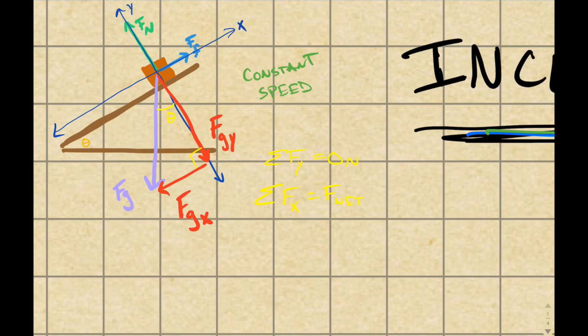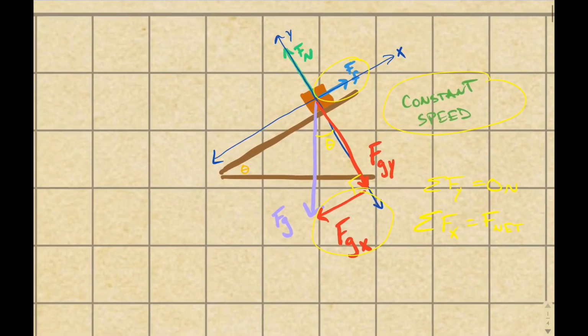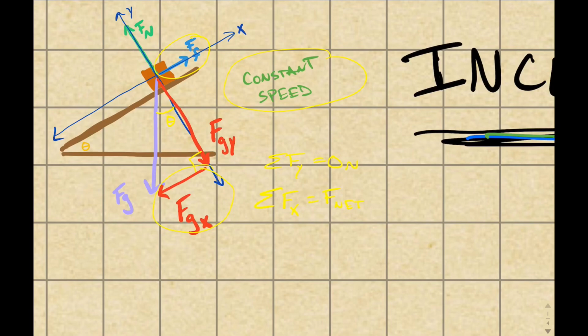So if this question is telling you that this thing is traveling at a constant speed, that means the force down the ramp and the force up the ramp have to be equal to each other. So this ultimately means, well, there's only two forces. This force is down the ramp. This force is up the ramp. So we can rewrite those forces in here, and we can say that the sum of the forces in the x direction, well, what are they? Well, it's FGX and it's FF. Those two forces, when you put them together, have to be equal to the net force,